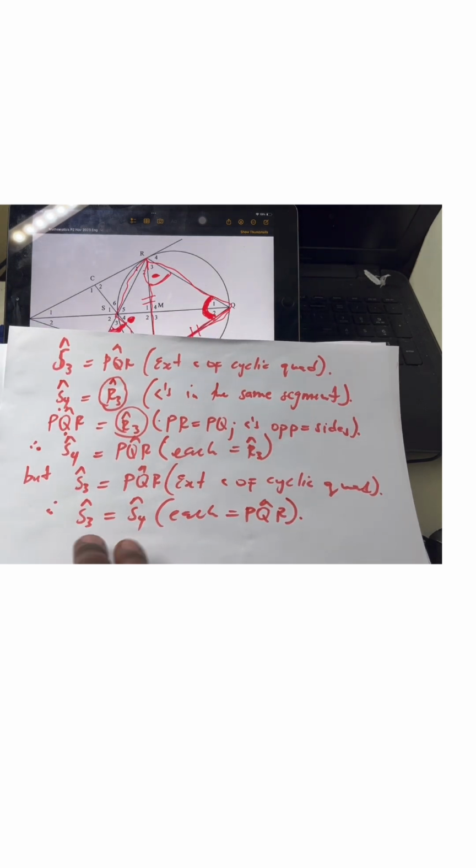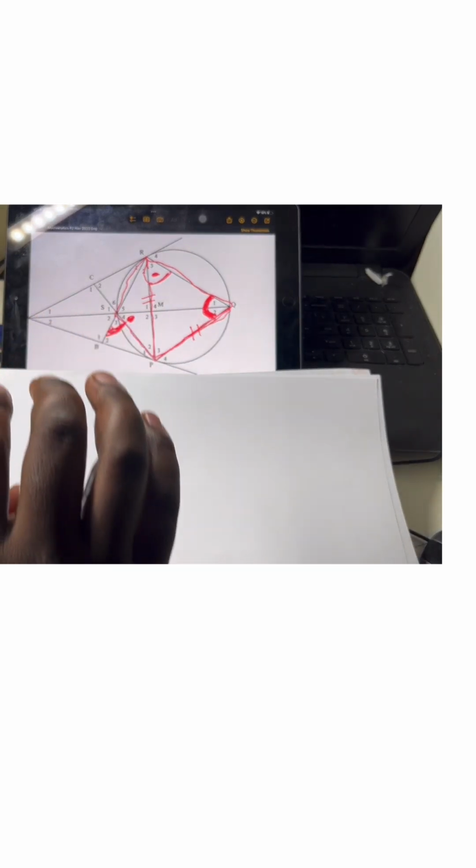Now, let me remove this. Now, let me erase my question. The next question: prove that SMRC is a cyclic quad. Let's go to our diagram. What do we have on our diagram? S is here, M, S M